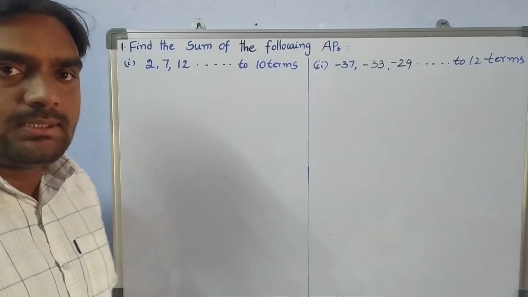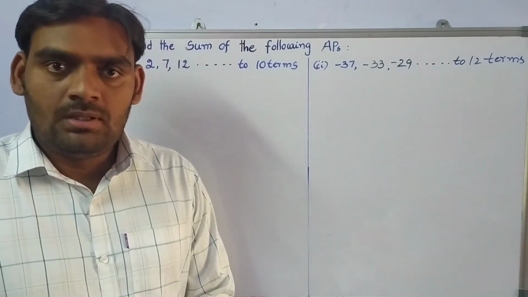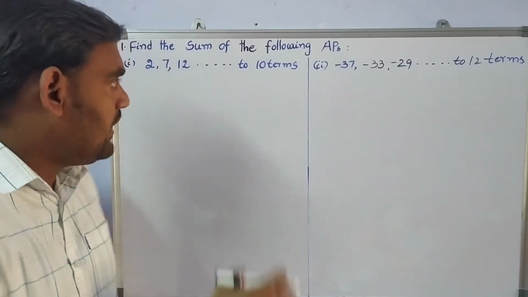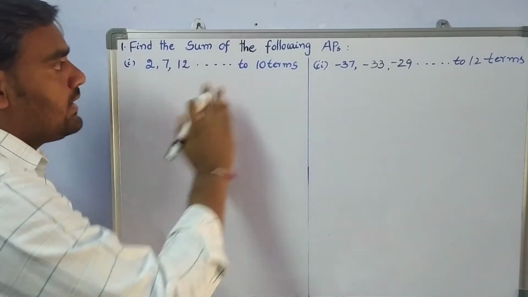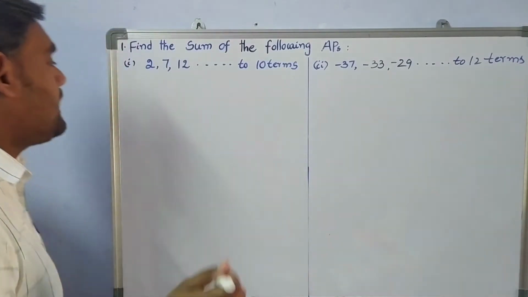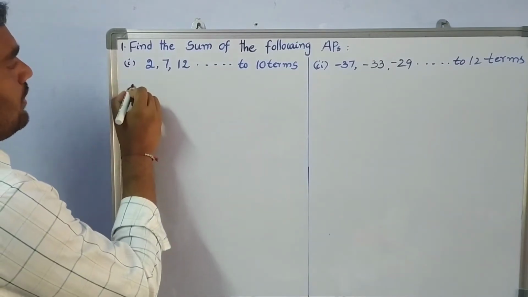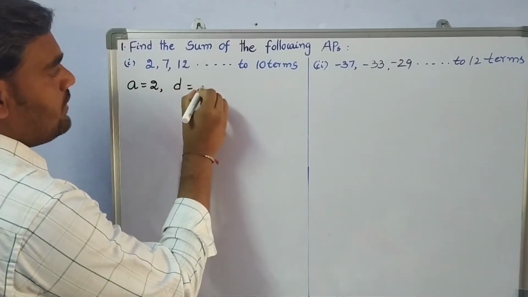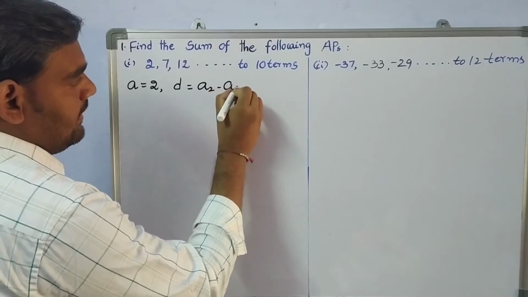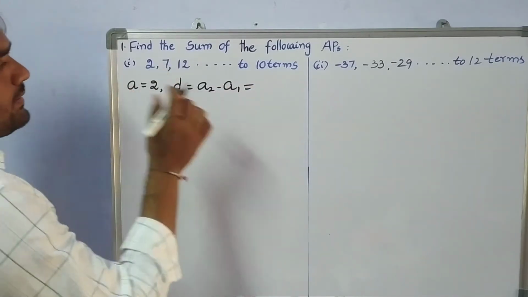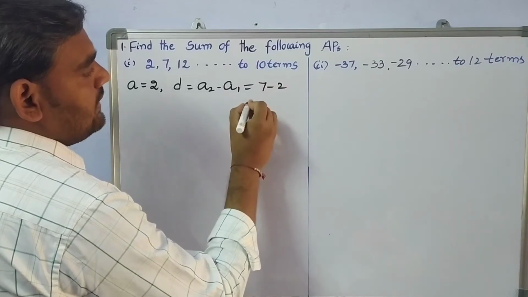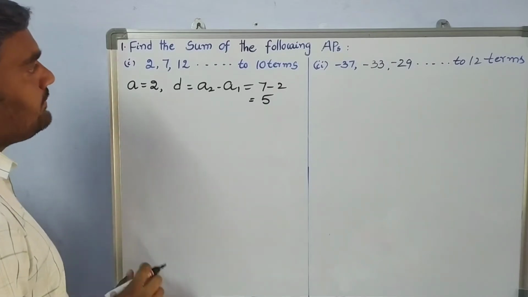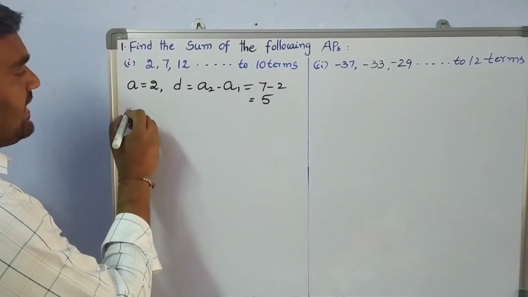We all know that the sum of n terms of an AP, Sn, is equal to n by 2 into 2a plus n minus 1 into d. By using that formula, we need to find the sum of the arithmetic progression, isn't it? So here, first term a is equal to 2. Next, common difference d is equal to a2 minus a1. a2 is nothing but 7. 7 minus 2 is equal to 5. Here common difference d is equal to 5. Next, number of terms n is equal to